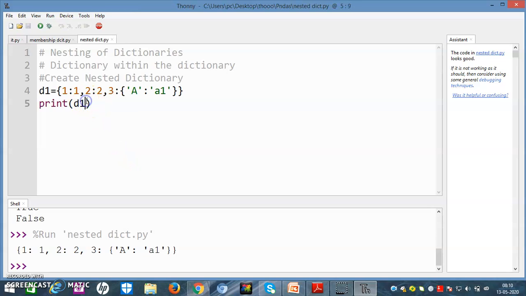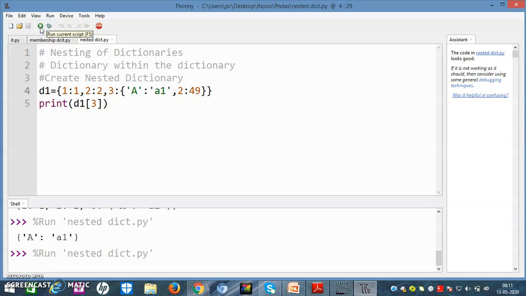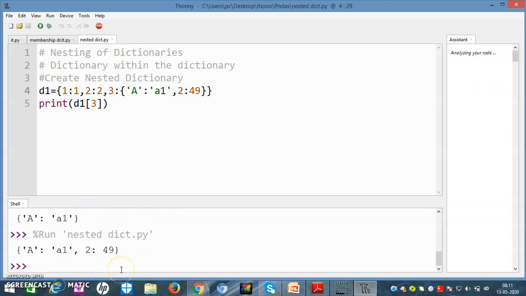Now if I write it here, let us see what our answer is. Look, this is the nested dictionary, meaning the key 3 has a dictionary itself. Instead of having a value, it has a dictionary. As many values as you want, you can insert here. Like I will write this, and now I will just print the value of key 3. It will be 249. So it does not depend on the data type. So you must be aware of the facts, right?